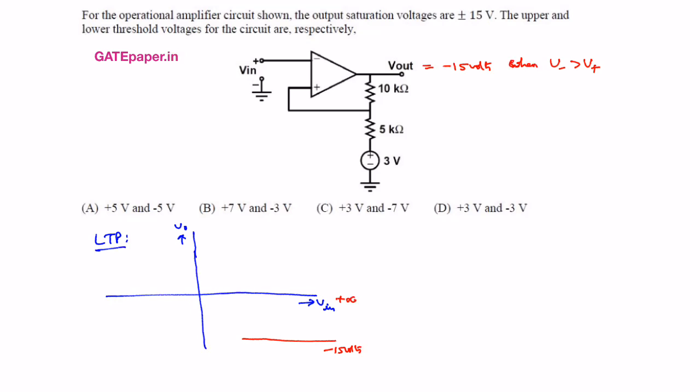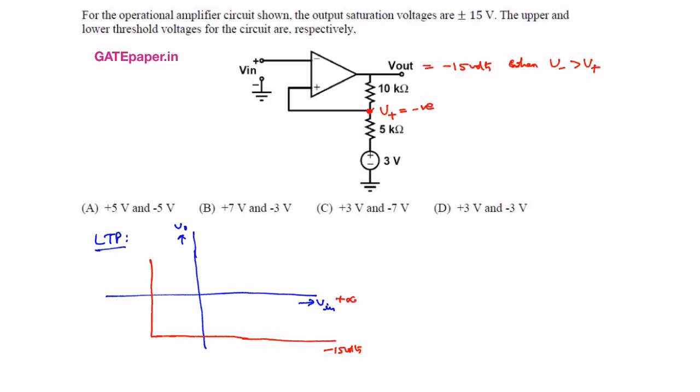So this means minus 15 and this is plus 3, and you are going to get some voltage. That means the non-inverting terminal voltage is negative because the negative voltage is more compared to the positive voltage applied at the same node. Up to this negative voltage,